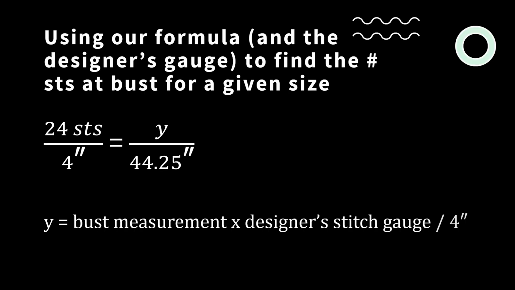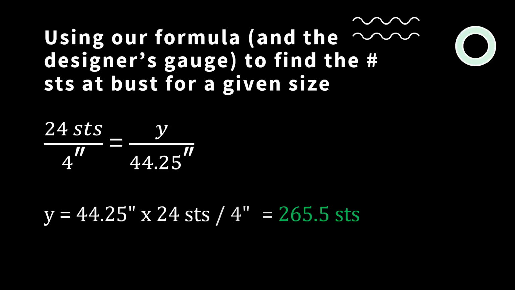Now let's look at example number 2, which is what I was actually using for my math because I was looking to knit size 2. So, we're doing the same thing, but we're swapping out 44¼ inches instead of 38 inches. That gives us 24 stitches over 4 inches equals Y over 44¼. To solve for Y, we multiply 44¼ inches times 24 stitches and divide by 4. And that gives us